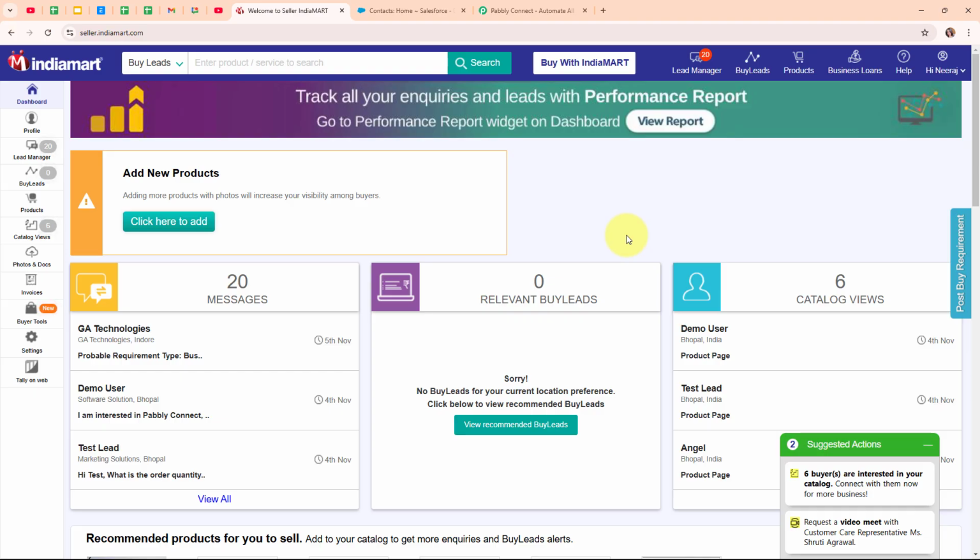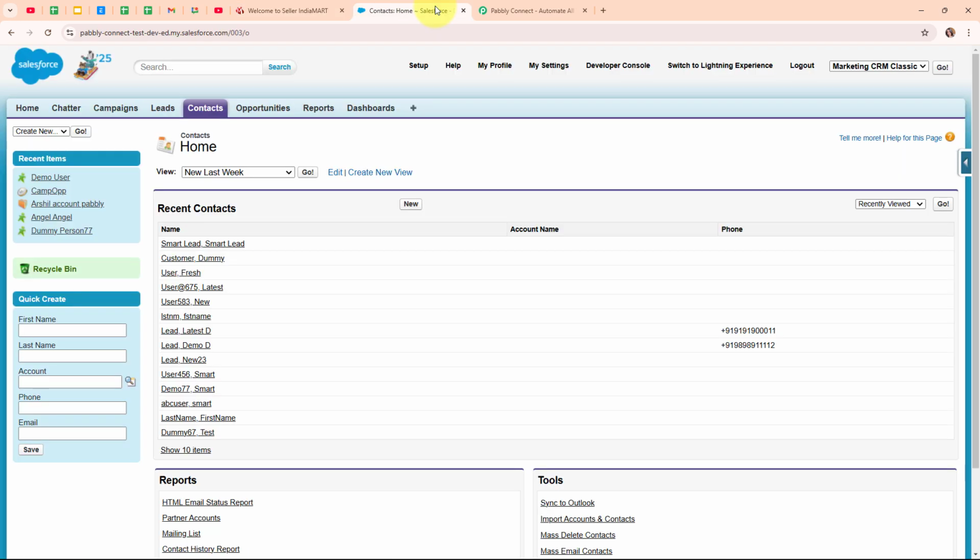Welcome to my screen. So as I've already mentioned in my introduction that I manage a media, PR and publishing agency and we rely on client inquiries from IndiaMART to drive business. So to stay organized and responsive, we want to set up an automation to add new IndiaMART leads directly to Salesforce. This way, each inquiry is instantly available in Salesforce with all the necessary contact details. It helps us respond quickly, track follow-ups easily and ensure we never miss a potential client,